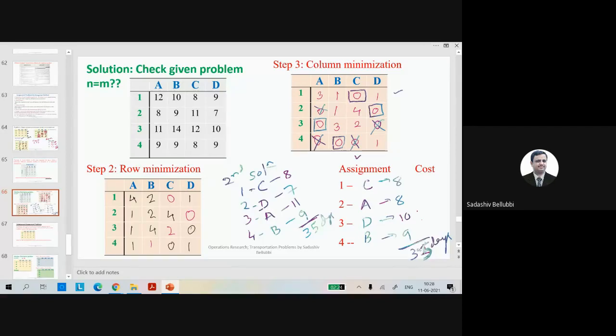If both answers are 35, you can select anyone. I hope it's clear. Okay, Chinmay, I have mentioned that the first answer is 35. Likewise, you need to solve minimize